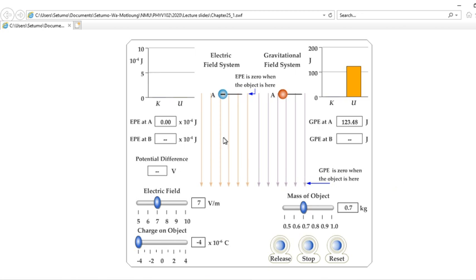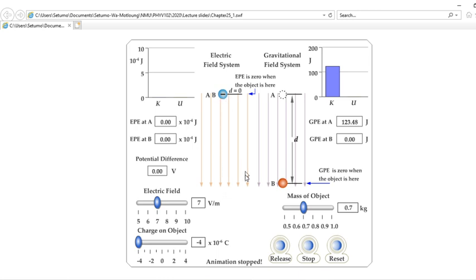Right. When I release, there's nothing that is going to happen to this negative charge because the electric field is going in this direction. Let me just release and then show you. Now, this charge is not going to move down. Therefore, what does that mean? The physical meaning of this is that an external agent of work needs to be done to move this negative charge